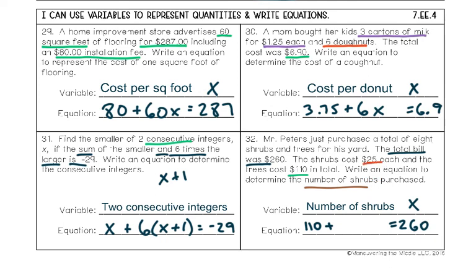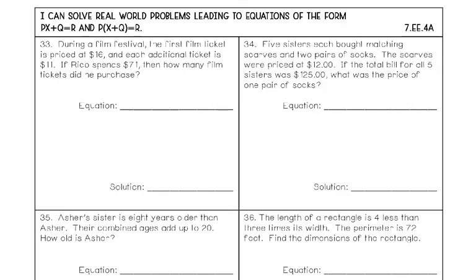So I'm going to write this as 25x. That word "each" is my clue that that's my multiplier. It's 25 times the number of shrubs plus the 110 for the trees equals 260 in total. For the last 4 problems, we're doing the same thing we just did, setting up the problem as an equation